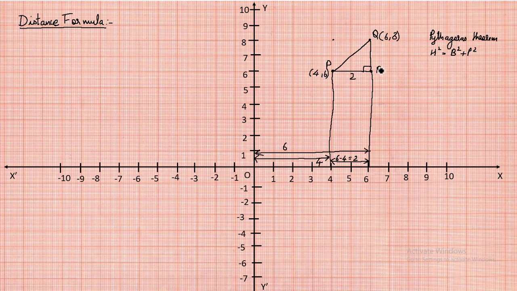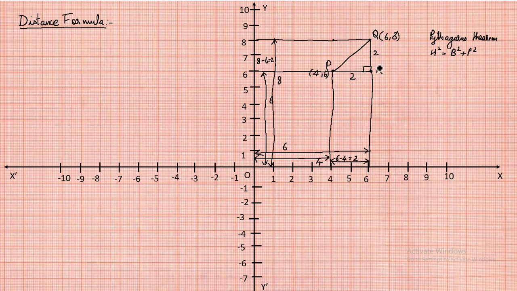Similarly, let us find out the distance between the point R to Q, right? So this point R is from here, and Q, let us draw this horizontal line to the y-axis, right? So from the origin to point R on y-axis, what is this distance? So this distance is, similarly the distance between the origin O and Q is how much? It is 8 units. So this distance Q and R will be 8 minus 6 equal to 2 again, right? So this distance Q and R is again 2 units.